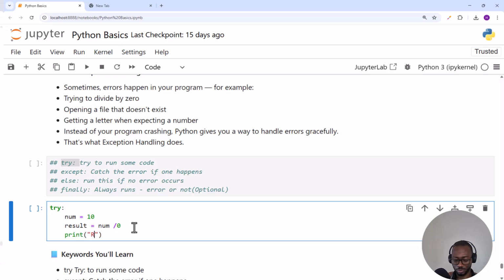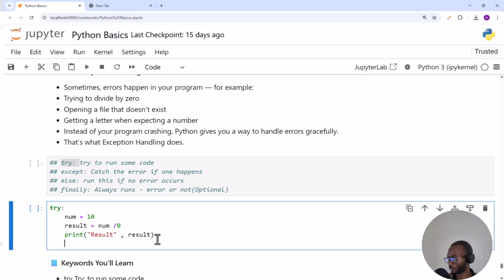I am printing result here. Yeah, this is going to be just result, and I'm going to say result. This is just going to print out result for you, okay? But what is except? It catches the error if one happens. So let's now type except. Now, when I say except, if there is